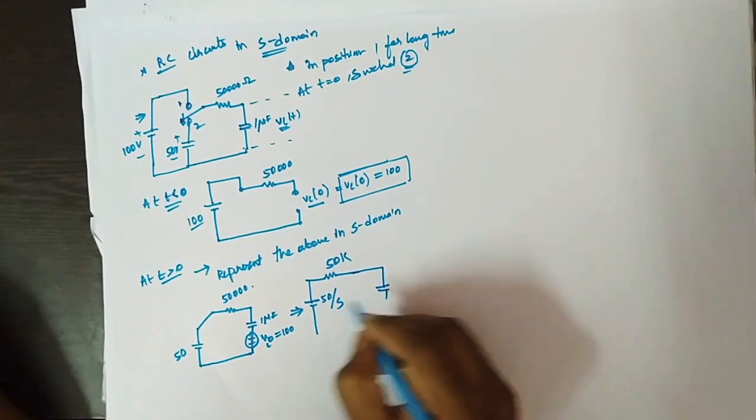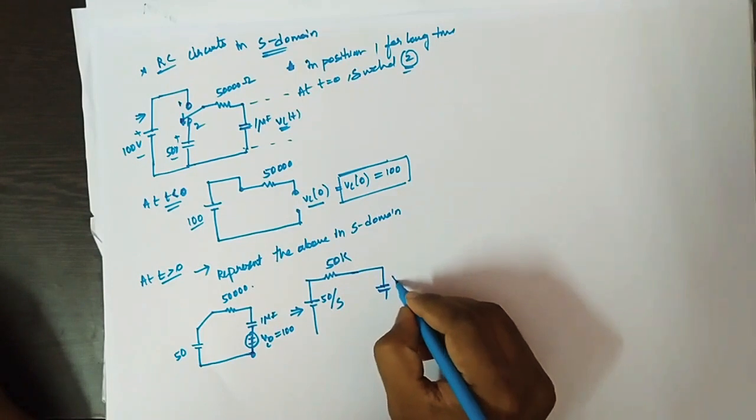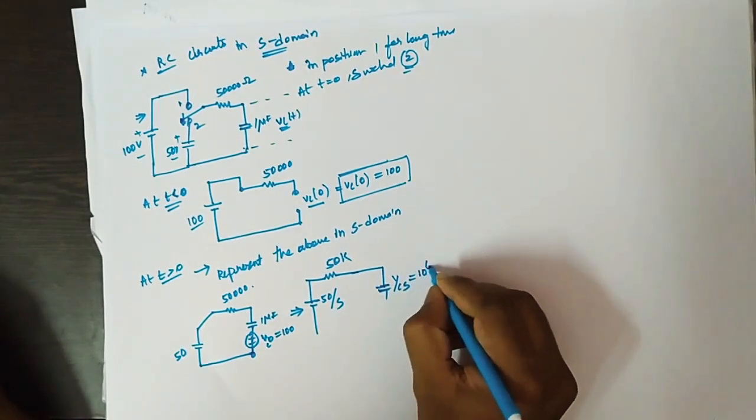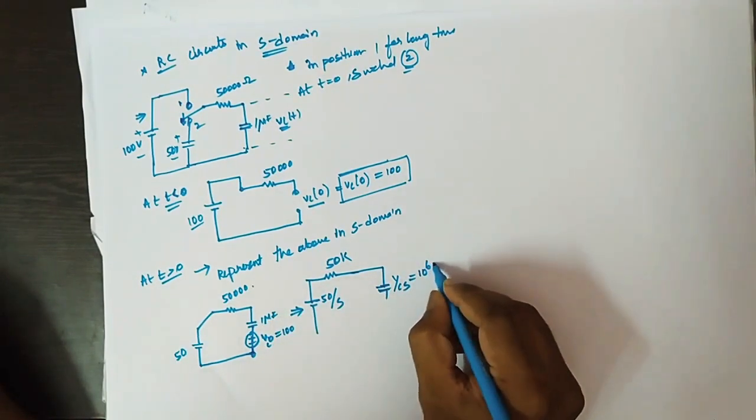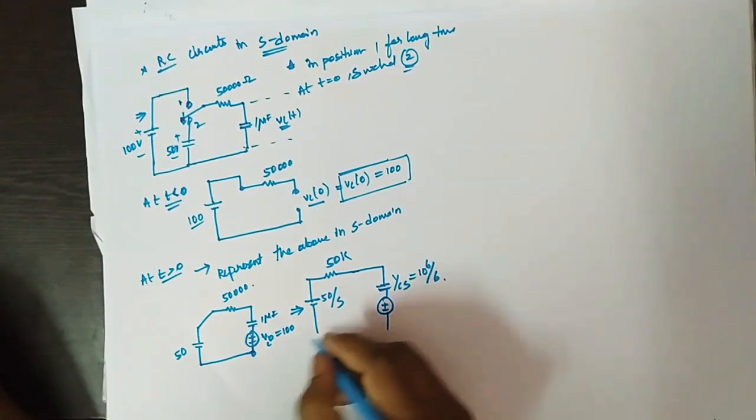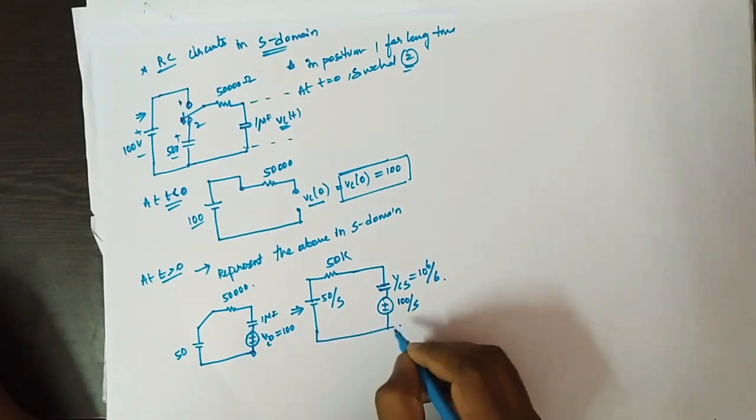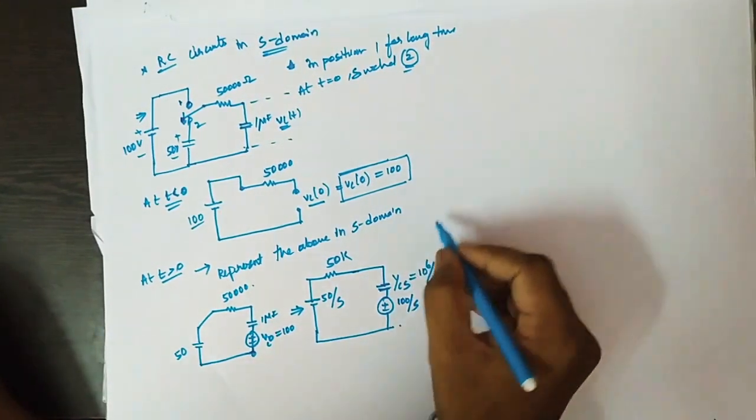So the Laplace of this capacitor is 1 by Cs, that equals 10 power 6 by s, as the capacitor value is 1 microfarad. So the initial voltage is 100, the Laplace of a constant is 1 by s. So on the right side of the corner you need to represent this